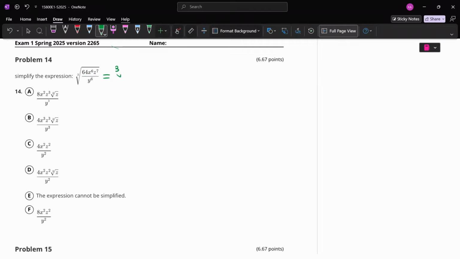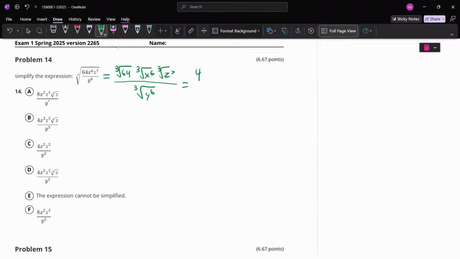And so since each of these parts are multiplied and divided with each other, we can rewrite this as the cube root of 64 times the cube root of x to the 6th times the cube root of z to the 7th, divided by the cube root of y to the 6th. And now from here we can start breaking down each of these parts individually. Starting with the cube root of 64, that's going to go to 4, because 4 cubed gives you 64, because 4 times 4 is 16, 16 times 4 is 64. So that's going to give us